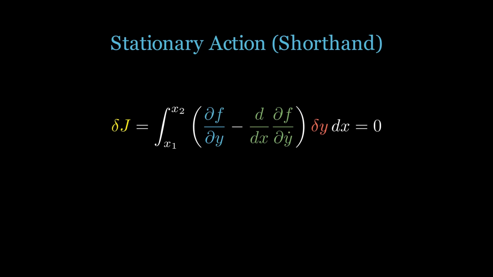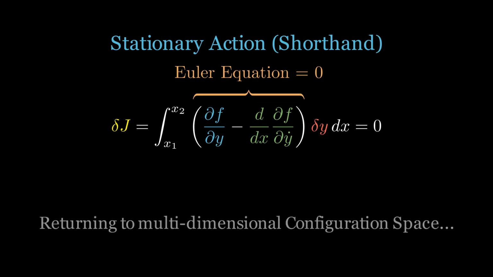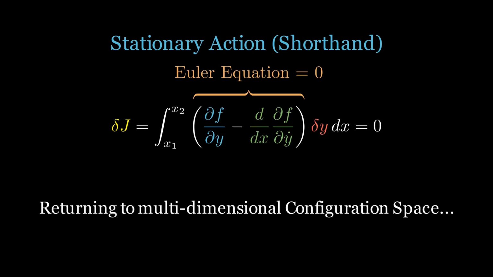This del notation is purely convenient shorthand for treating the variation of integrals, standing in for the rigorous manipulation of parametric families of varied paths we just performed. Armed with this one-dimensional mathematical proof, we now extend it to multi-dimensional spaces and apply it to our physical configuration